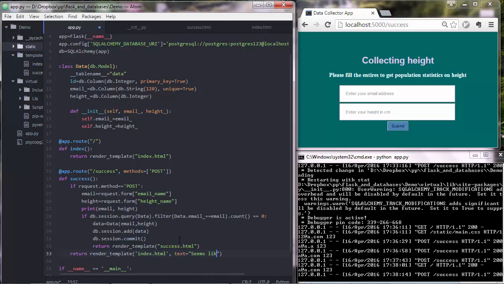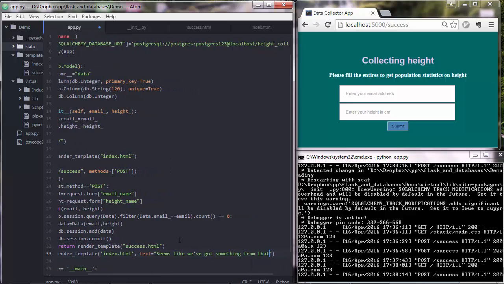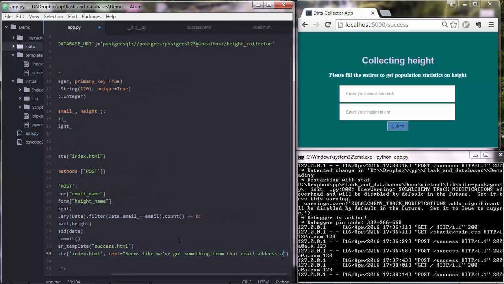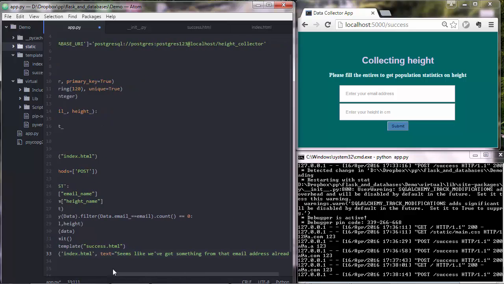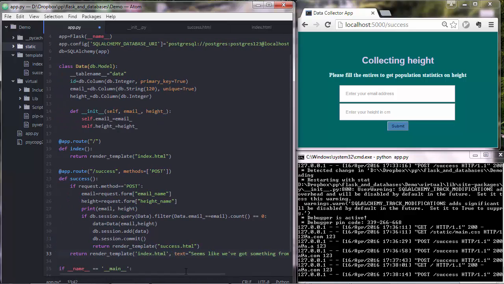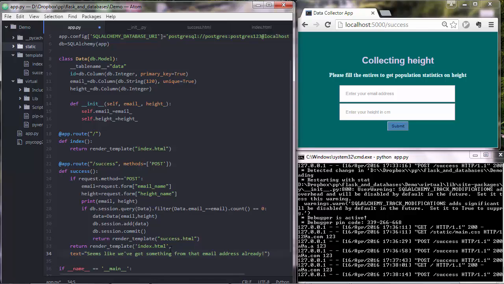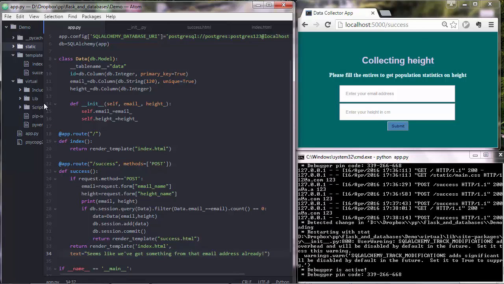Let's say, seems like we've got something from that email address already, and I'd like to put that down here. And you know that if you break a line after a comma, things still work. So Python reads this as one line. Yeah, good. So we will send that text to this index.html template, but we also need to